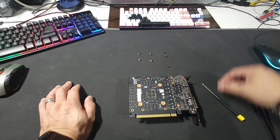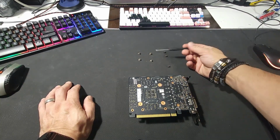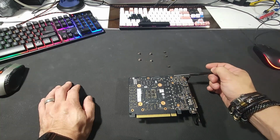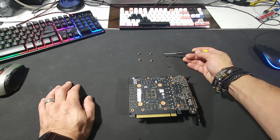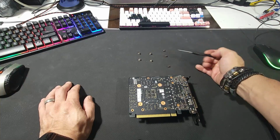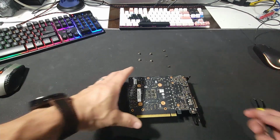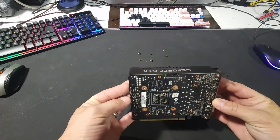So in this instance over here, you can take these 4 that you took out of here and just lay them down the way you took them out, and the same thing goes for these other 3 that go here. They are different sizes, so you got to be careful with that. If you don't know what you're doing, I suggest you do this. Also make sure you don't lose them. So for this video, let's just leave them the way they are right now, and we'll see how it goes. Once you take these screws apart,